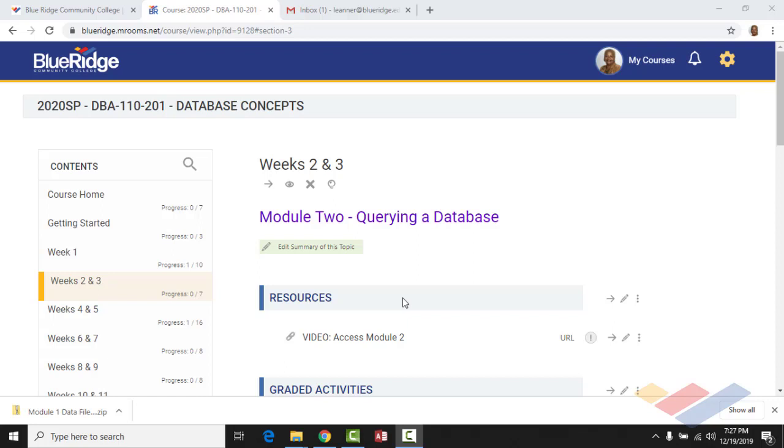Then you'll be creating something called a parameter query. And a parameter query is just one that gives you a lot of flexibility. It allows you to say, I want specifically this. Like I want specifically those people who live on Hebron. So you know, if you're in Henderson County, that could mean Hebron Street, it could mean Hebron Road, it could mean Hebron Drive. But it allows you to zero in on a particular thing, a particular part of the data. And you'll start working with that on page AC 75,